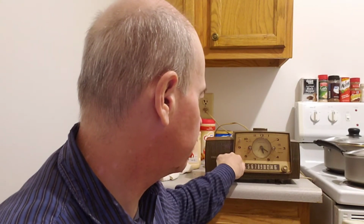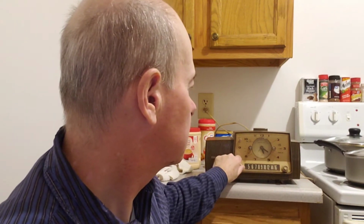Whoa, I'm trying to turn the volume down on this. Okay. I don't expect to get anything. Okay, that's about it. And let's see, how do I turn this off, since it's a clock radio? Oh crap. I guess it doesn't matter. The way it had that kind of robotic sound for what you could hear,